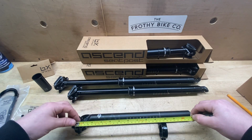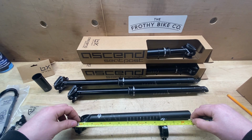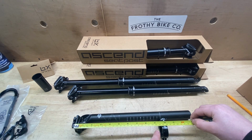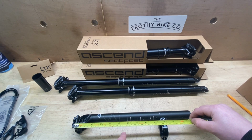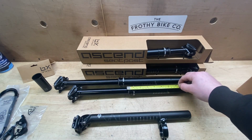So in this one here, measuring from the swan neck down to the seat clamp, I've got 240, let's call it 240 mil, just for argument's sake. So in this situation, 240 mil doesn't mean that a 200 mil dropper will work. It won't work. We need to take into account that there's a 30 mil,